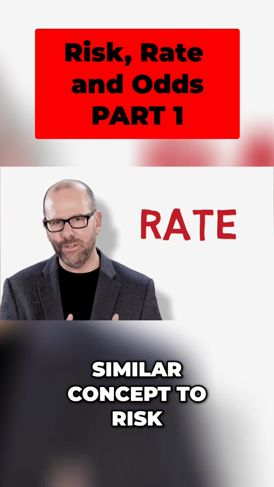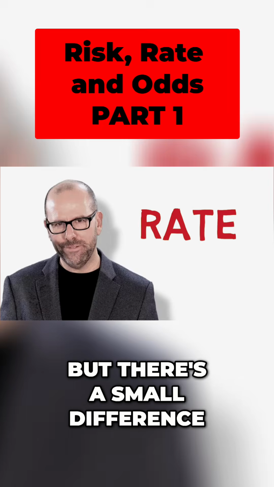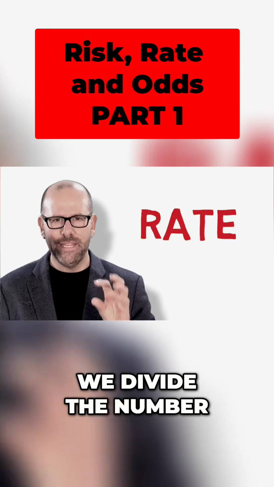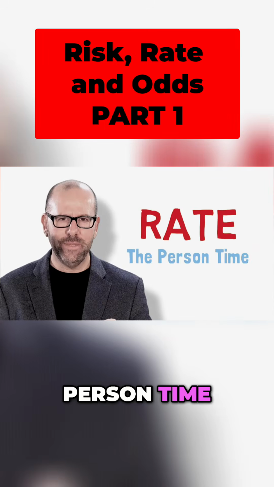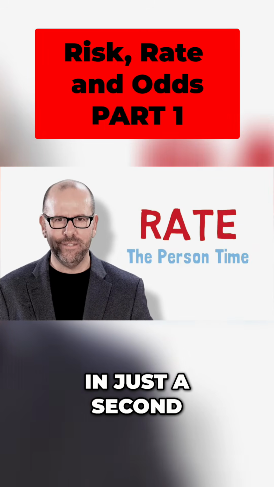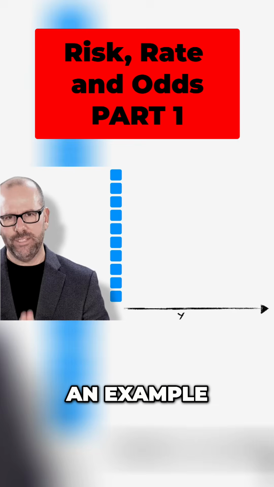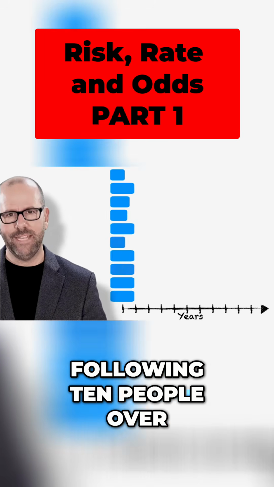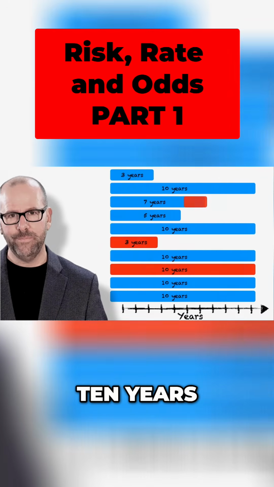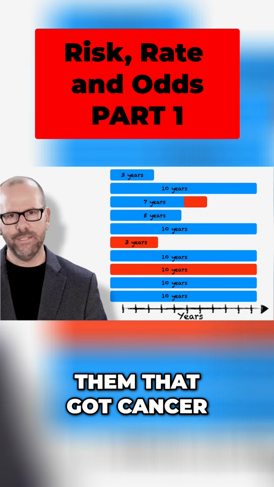Now let's talk about rate. Rate is a very similar concept to risk, but there's a small difference. In the case of rate, we divide the number of new cases by something we call the person time. And I'm going to explain what that means in just a second. To explain this, I'm going to use an example. Let's imagine, for example, that we had a study that we were doing and we were following 10 people over 10 years, right? And we wanted to count the number of them that got cancer or some other disease during